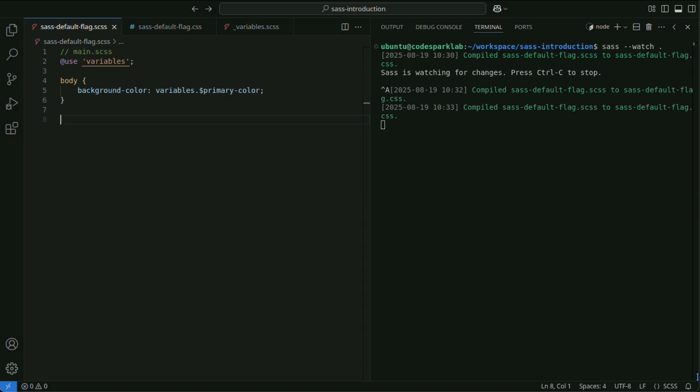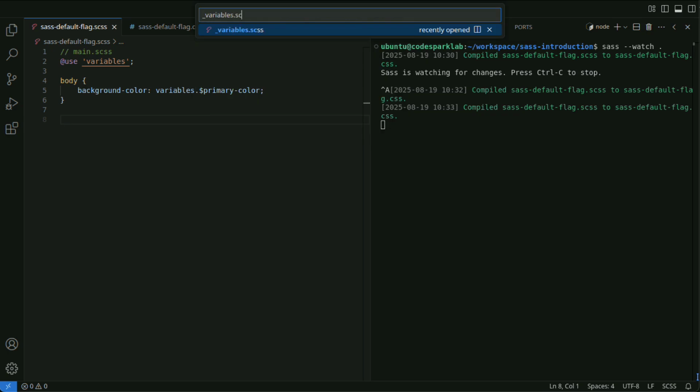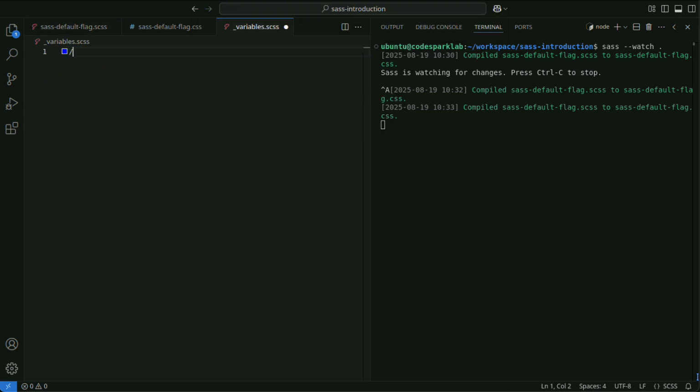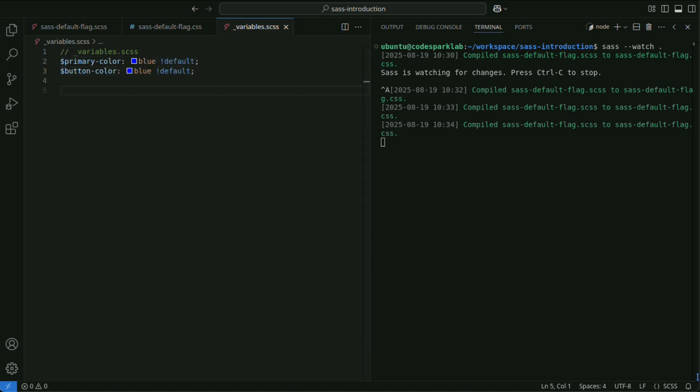Using default within modules allows for flexible customization. Defining $primary-color and $button-color with the default flag.